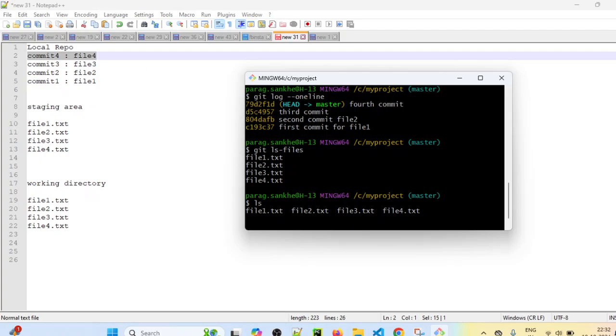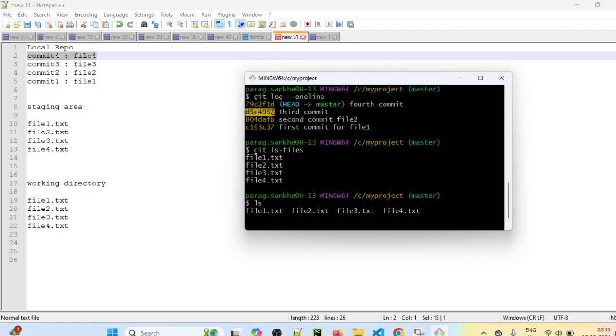Which commit do I want to revoke? This one, commit 4. So for that, which ID will you provide? Are you going to provide the commit ID of the 4th? No. I have already explained that. If I want to revoke the 4th commit, which commit ID should I provide? The commit ID before that. So the 3rd commit. If I want to revoke the changes of the 4th commit, I should provide the commit ID of the 3rd commit.